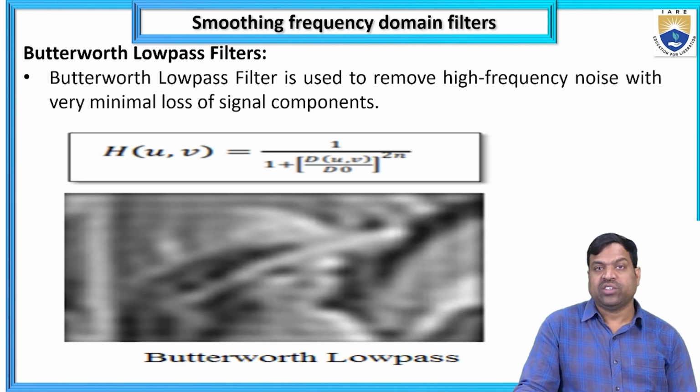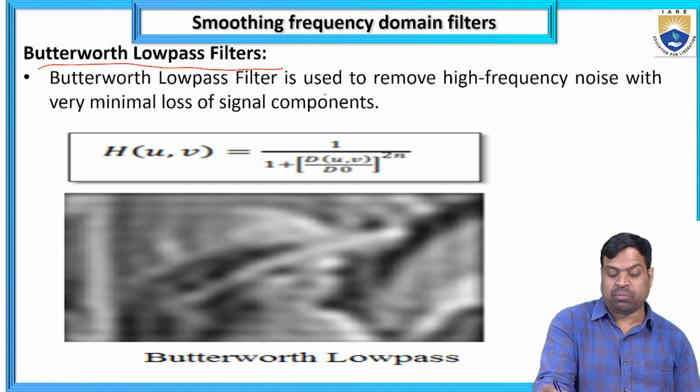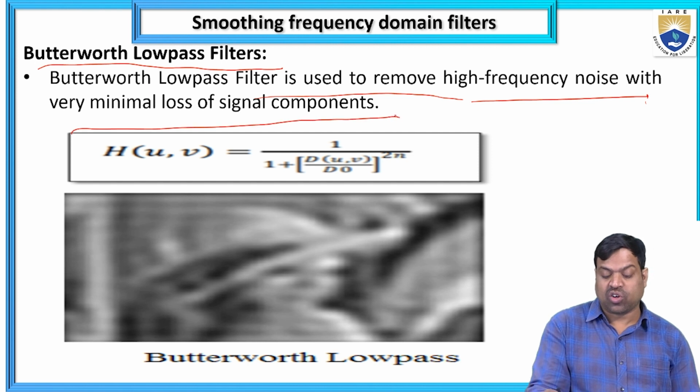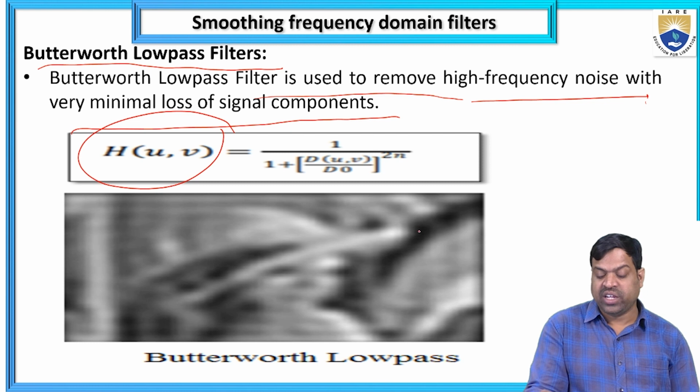Here it is the Butterworth low pass filter. So what is the use of the Butterworth low pass filter? It is used to remove high frequency noise with very minimal loss of signal components. What is the major advantage of the Butterworth filter? It removes high frequency noise with very minimal loss of signal components. Capital H of U comma V equals 1 over 1 plus [D of U comma V over D0] to the power 2n. It is one example of the Butterworth low pass filter. Here I am using the filter